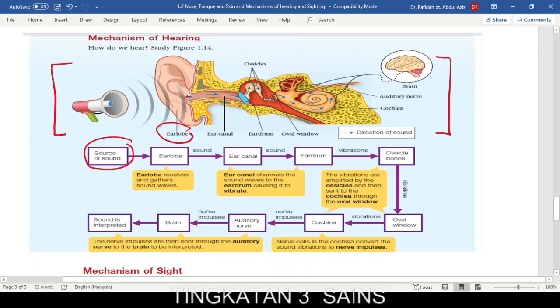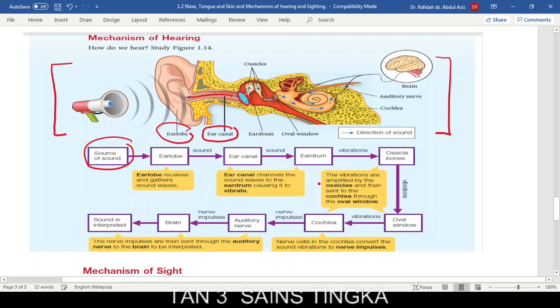So this sound wave will be channeled through the ear canal, and then that sound wave will hit the eardrum. So this is the eardrum. At the eardrum,